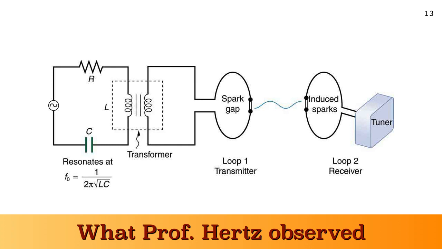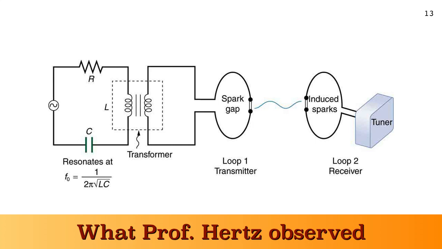Now, in about 1880 or so, Professor Hertz over in Germany figured out an experimental device to observe electromagnetic waves. They had figured out by then that electromagnetic waves were possible. The mathematics was perfect for oscillating electric and magnetic fields that propagate through space, but nobody had figured out a way to observe them. So what he did was he set up two different loops, a transmitter loop and